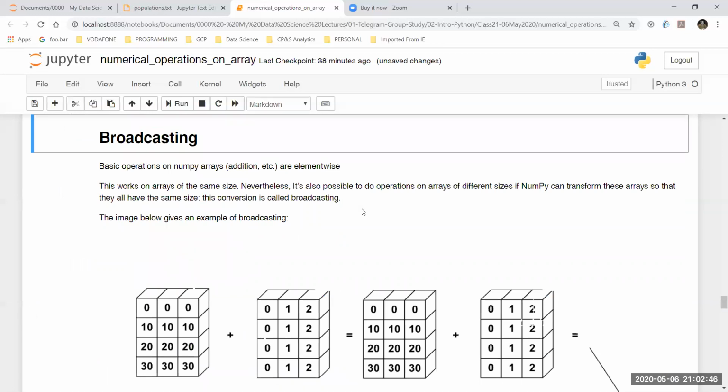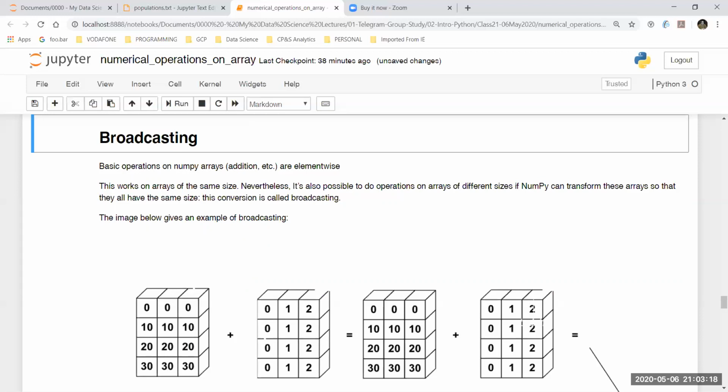Now, we will go ahead with some other operations that NumPy can do, and this is a very interesting operation which NumPy can do, before which we would like to understand what is the concept of broadcasting. Now, broadcasting is nothing but a technique. Okay, a technique used inside NumPy implementation when we are going to do basic operations. Usually, as you can see on your screen, basic operations are almost always element wise. So each and every element is taken into consideration while you do the operation per element, right?